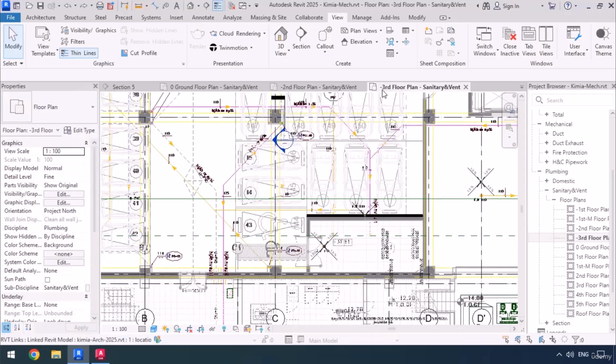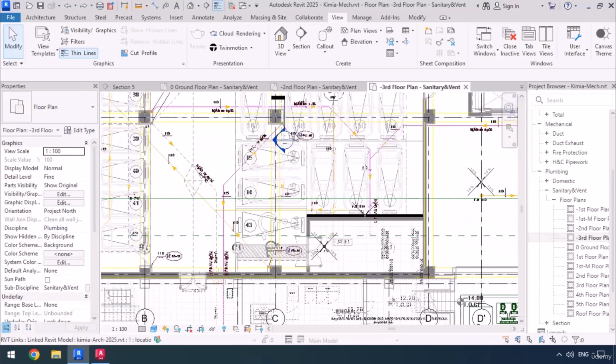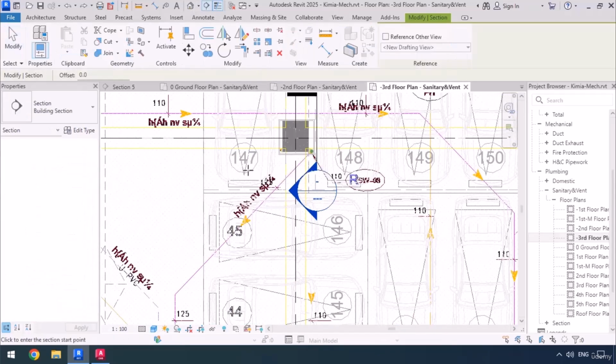So this pipe has been modeled in the 3rd basement ceiling, but it's no different from the riser diagram, because here it says in the ceiling. In fact, if we also take a look at -2nd, we can see that the pipes are supposed to be modeled under the ceiling of the lower level. So we don't have any contradictions, and because I can see the plan in -3rd, I'm just going to start